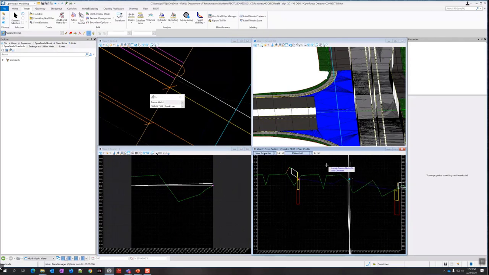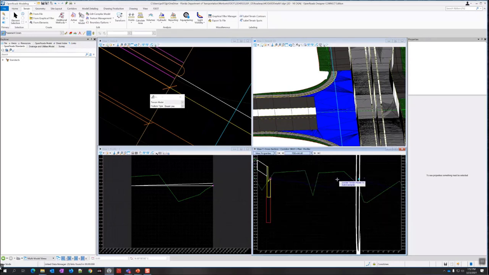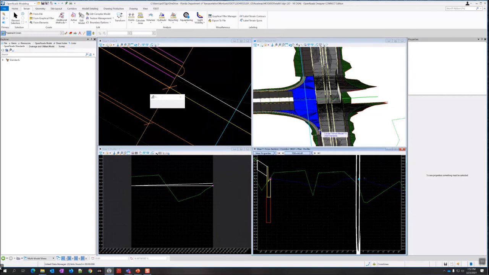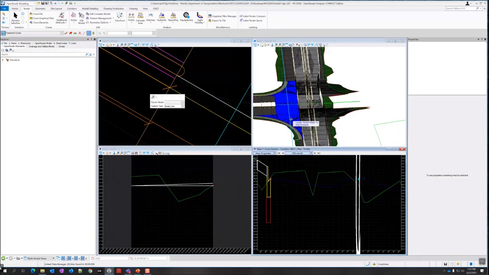And you may actually need more break lines here because, again, this surface is doing weird things, and typically you don't want to create a low point like this right here. You want this to go across. And some of that might simply be a matter of dropping the profile down that we created on the radius, because maybe it's too high. Because if you look at it from here to the center line, hey, we just created a drainage problem.